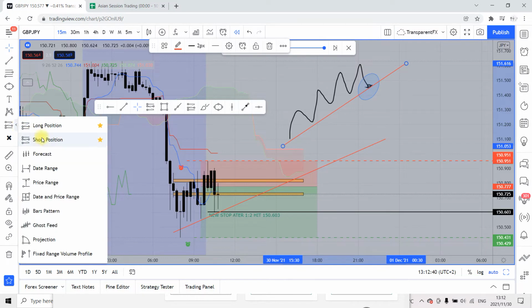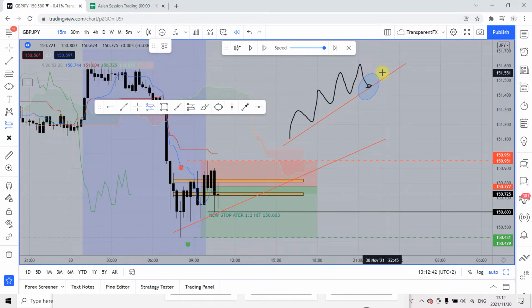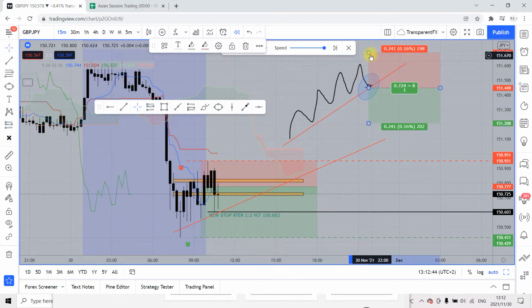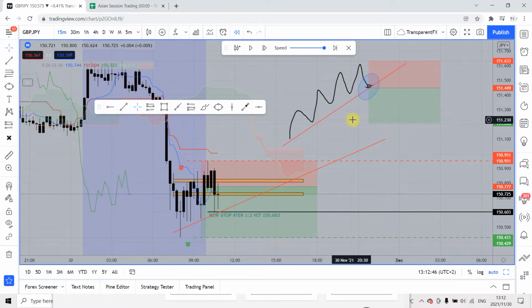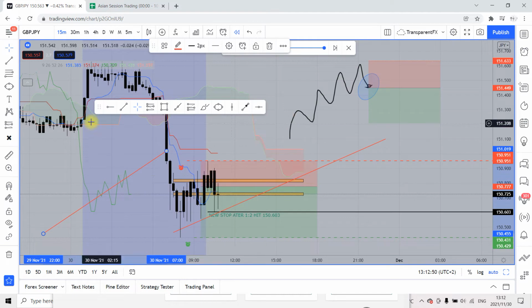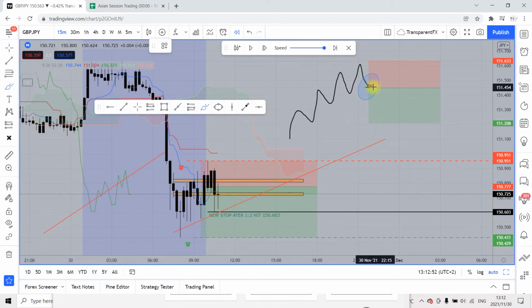It says short. So it's like, yes, I see this trend line. Yes, I see it being respected, but that's not the strategy that I trade. My strategy says this trend line doesn't even really exist. I should short here. And here's the thing. I could be right, right? Price could come in and drop and hit my TP, or it could actually come in and